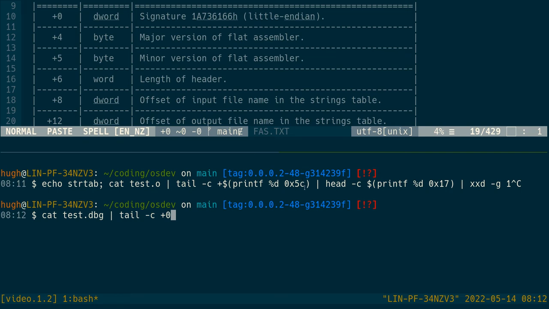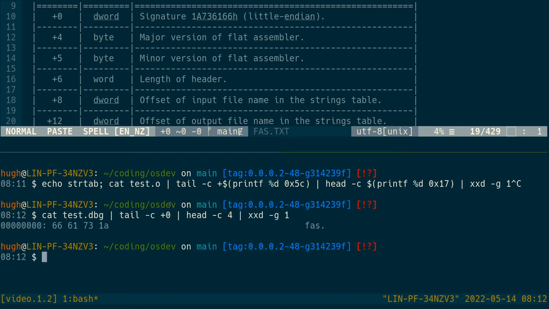I had to do like a conversion from hex to decimal here, but this is just all in decimal, so that works quite well. Don't actually need to do that first tail because we're getting it from the start. But if we do this and